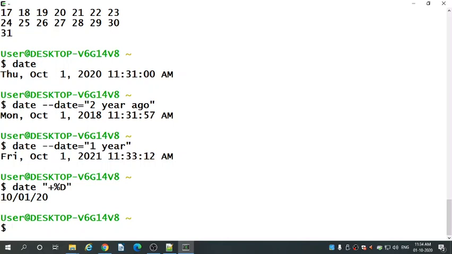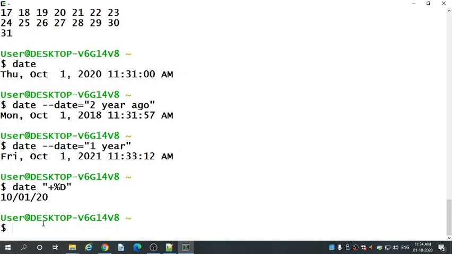It displays the date with the month first, then the day DD, and then the year YY. You know the format, what DD means and what YY means. That format it will show you as the output.